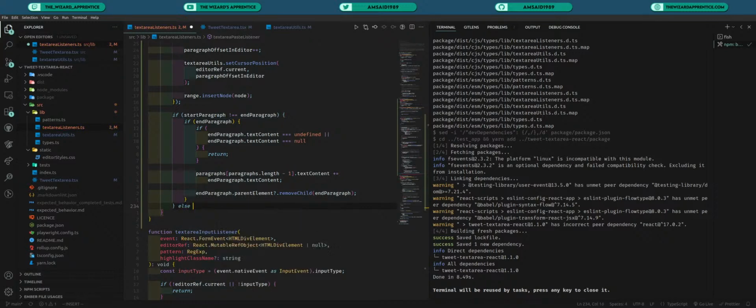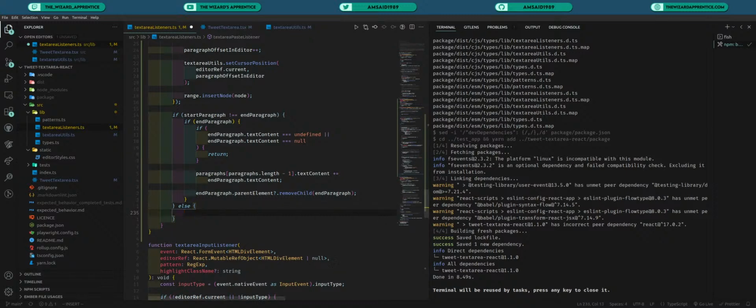And then we'll handle the other case, if we're pasting inside the same paragraph. What we need to do is